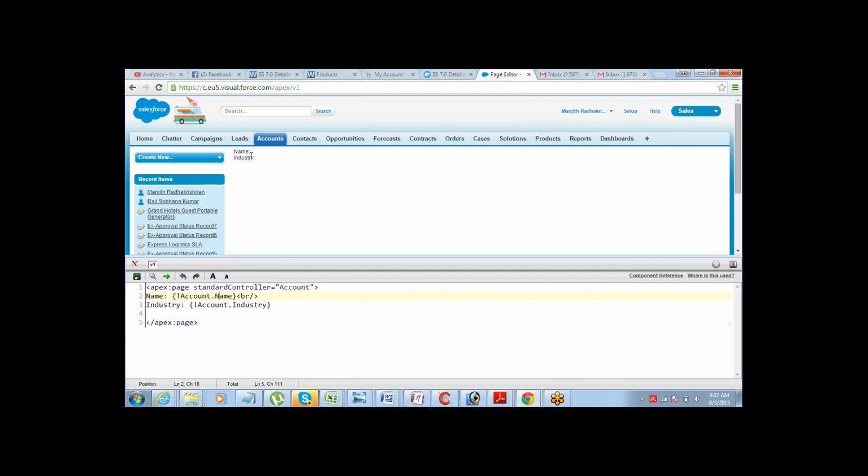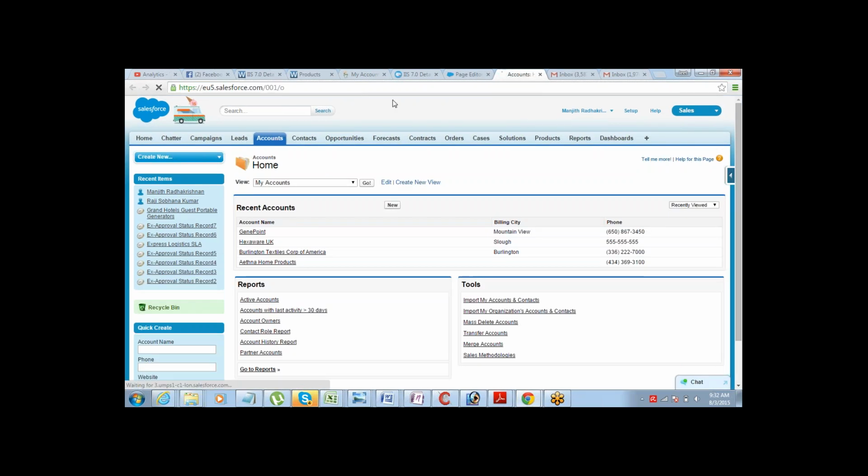So all that I have to do here is supply the ID of the record. Okay. So the fields we have mentioned here. Now which record's name needs to be shown, that I will need to define in the URL. How will I define it? Just go to any record, pick the ID